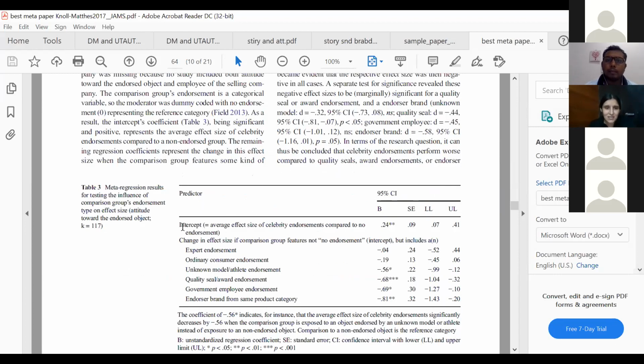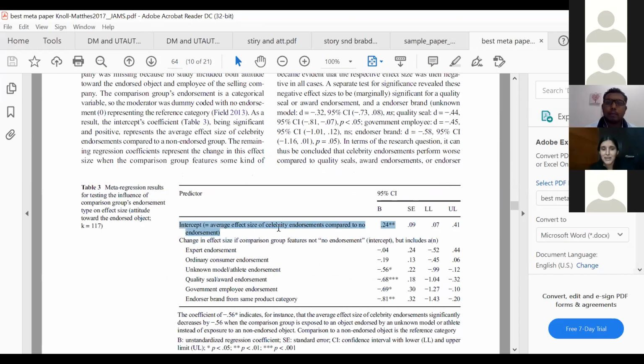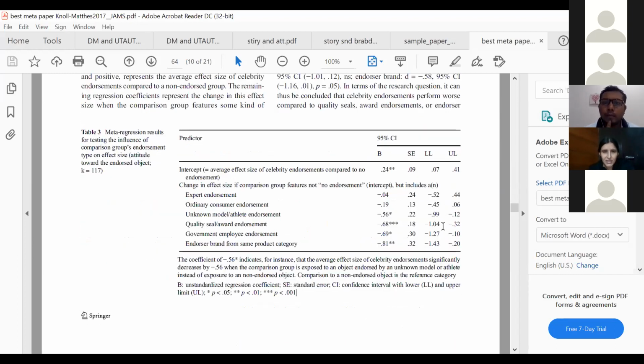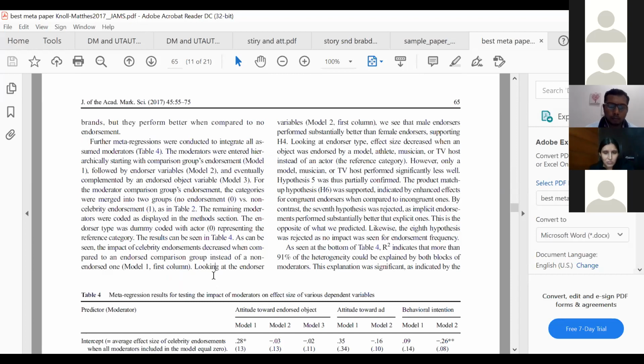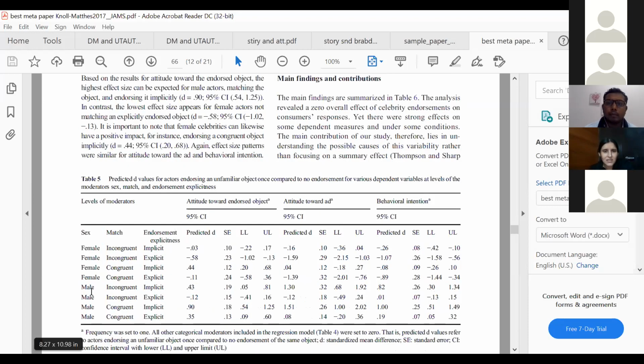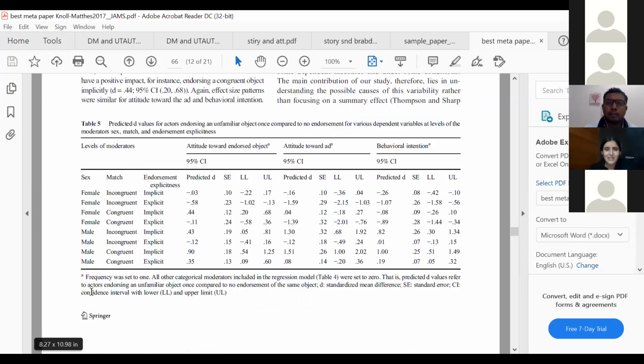And this is meta-regression. It is not meta-SEM. Meta-SEM we are not doing in three days, but this is meta-regression. Till here I will tell you by tomorrow. So he ends the paper with model 1, model 2, and these are all beta coefficients from the meta-regression. These values, Q and R square, are going to come tomorrow; they come in meta-regression. Then the discussion starts and that's it. He's ended the whole paper, and this is an A-star paper, with subgroup analysis and meta-regression. So we can also do that.